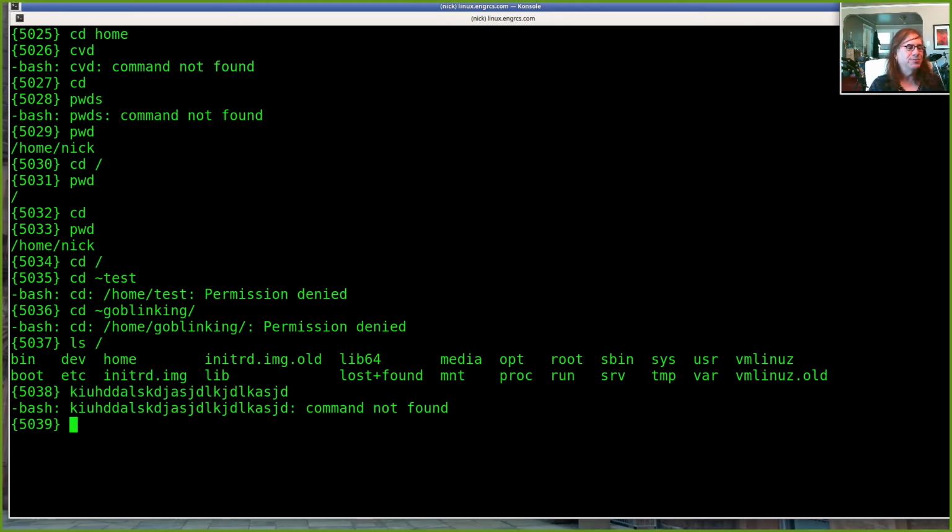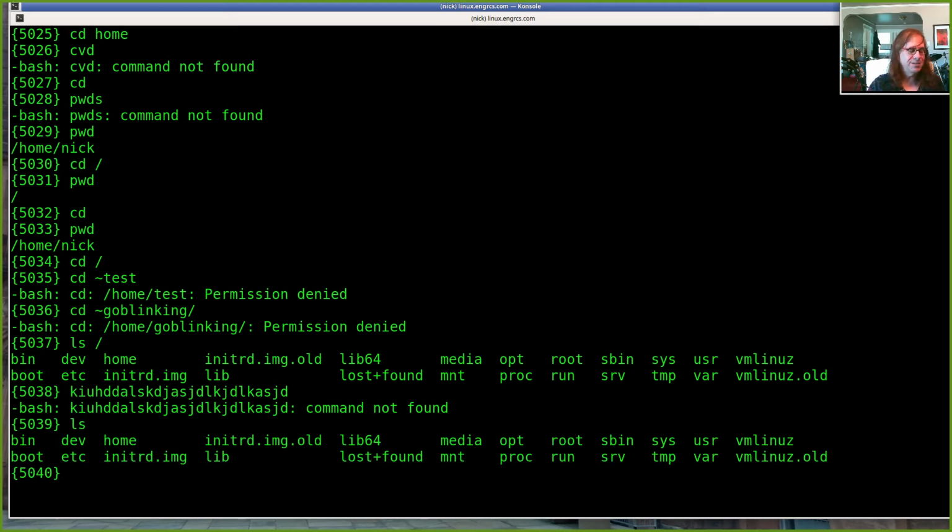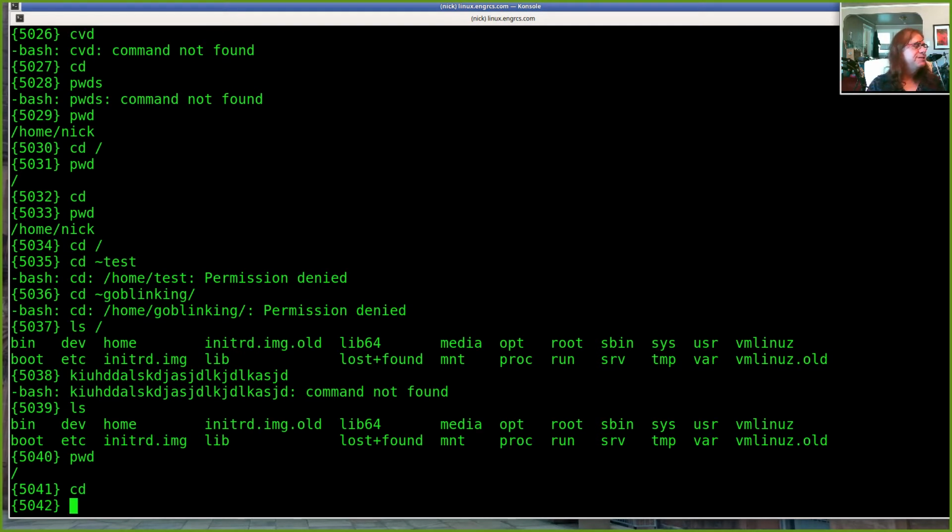Most of what I do in Linux, I do from the command line by typing things and hitting enter. In Linux, you can point and click, you can run graphical programs, you can run web browsers, all sorts of things like that. But you can do most of what you need to do for this course just from this command prompt, where you basically type commands. If you want to see your files, you can say ls, and if you want to know what directory you're in, you can say print working directory, and if you want to change directories, you can do cd, and so on and so forth.